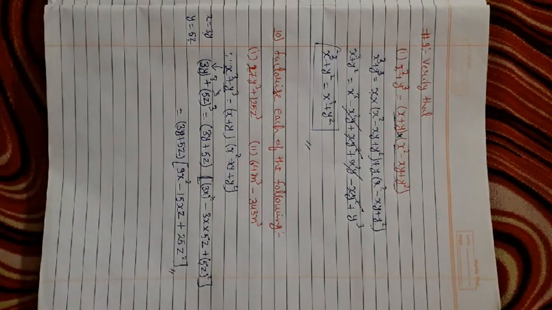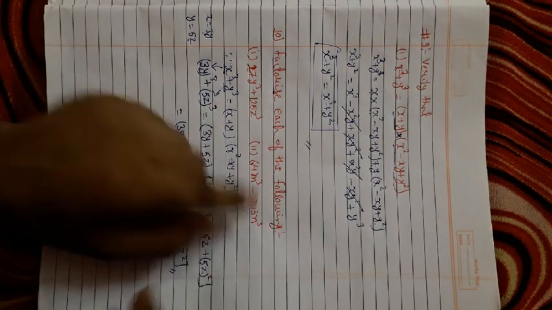So a very simple way we have to follow here. We have to just identify which identity can be used here, and after finding that identity we have to compare the sum with the identity, and according to the identity we will change our sum, and finally we will get the answer. Okay, so the second sum you have to solve it.